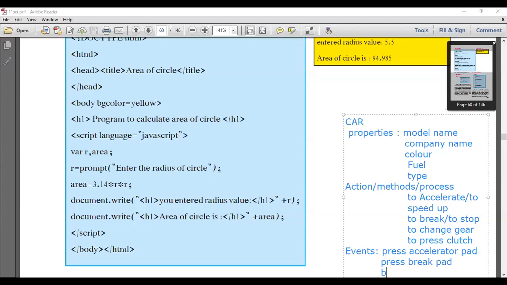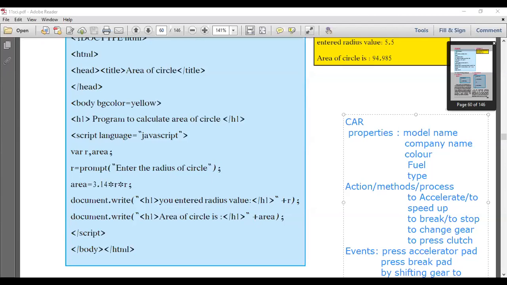By shifting gear to 1, 2, 3, 4, 5 and reverse.